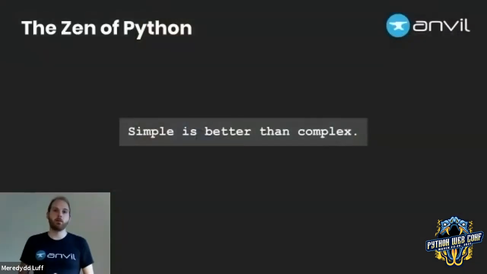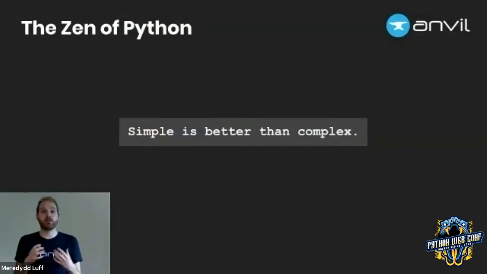Simple is better than complex. Why is simple better than complex? Because when you're building an abstraction, you're building a new model out of whole cloth. And the user of your abstraction is going to have to wrap their head around this new model you've created. And the simpler it is, the easier it is for them to do that. And remember, everybody's day-to-day job is creating and using new abstractions. So the simpler yours is, the easier your users will find it to get on with their job. Simple is better than complex.